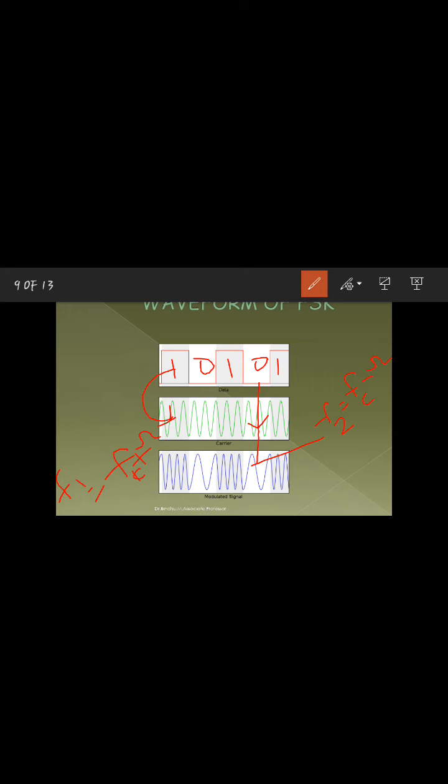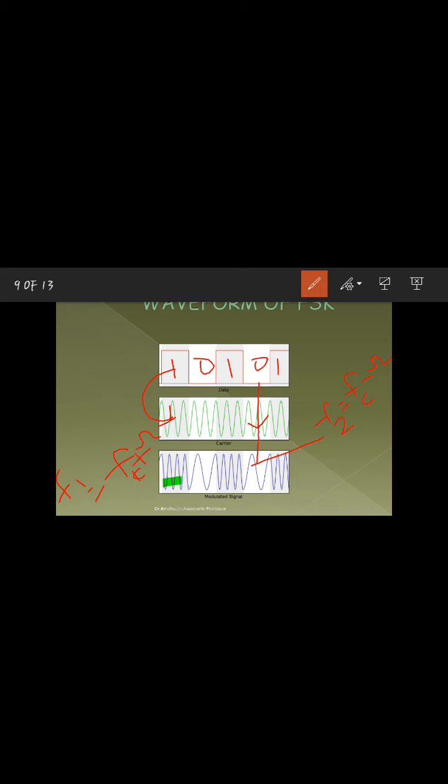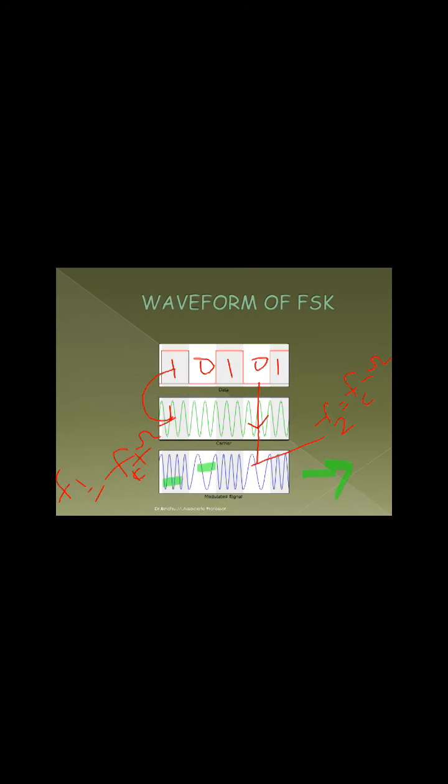That's how you can find the two different frequencies, upper frequency and lower frequency. So this is the final modulated output. Once you view it, we can find out whether the signals are bit 1 and bit 0 combination.